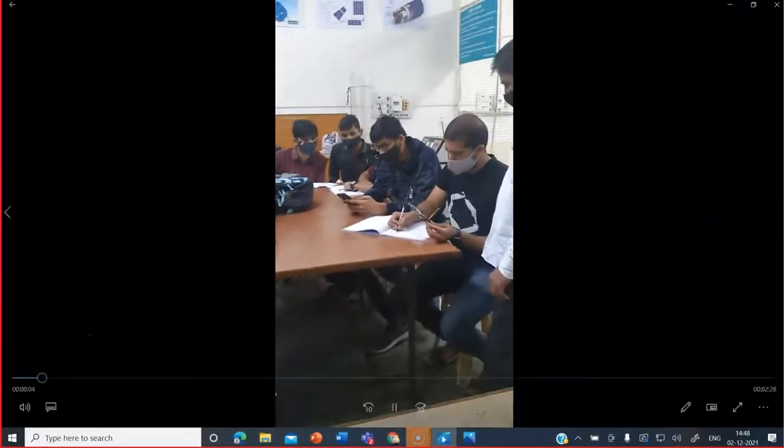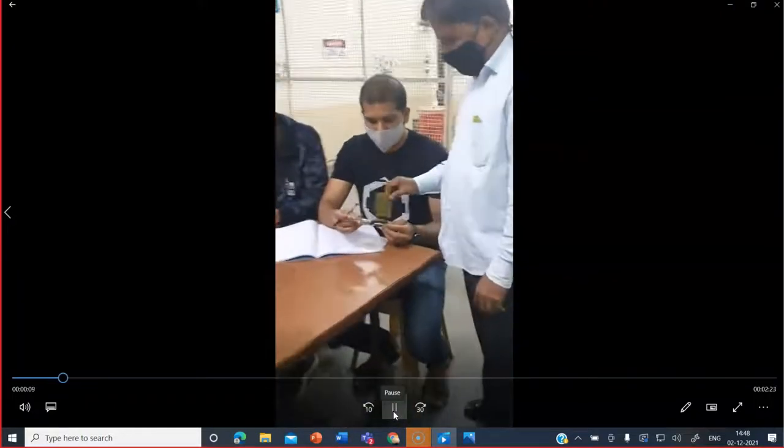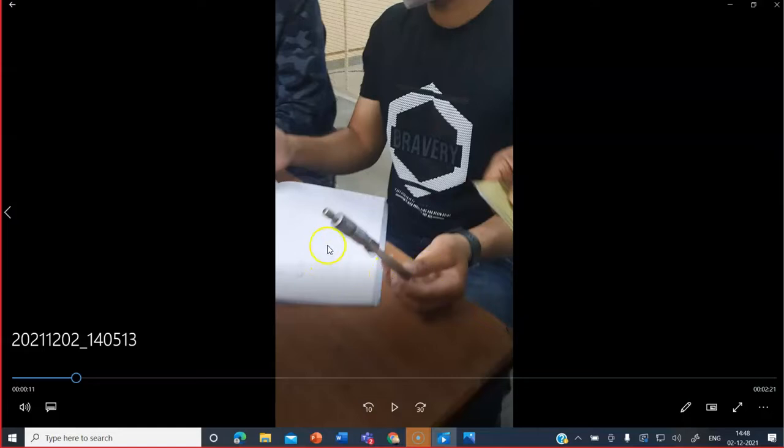Just observe the answer. He is measuring the thickness of the thin sheets, the Neoplex paper thickness. This micrometer screw gauge is used for measuring thickness, and the least count was 0.01. Whatever reading comes on the thread or on this scale, you have to multiply with this least count. That is the method.